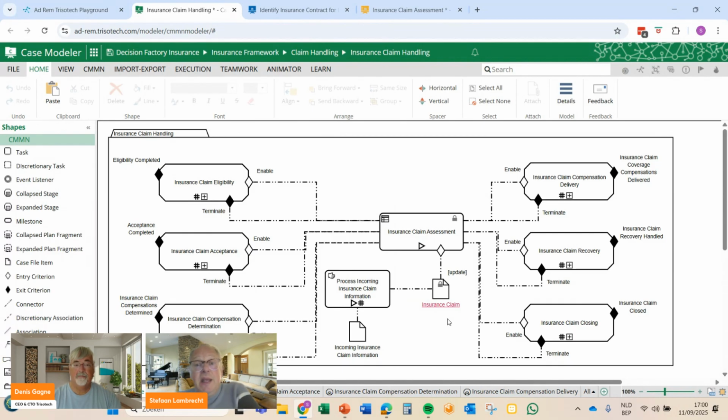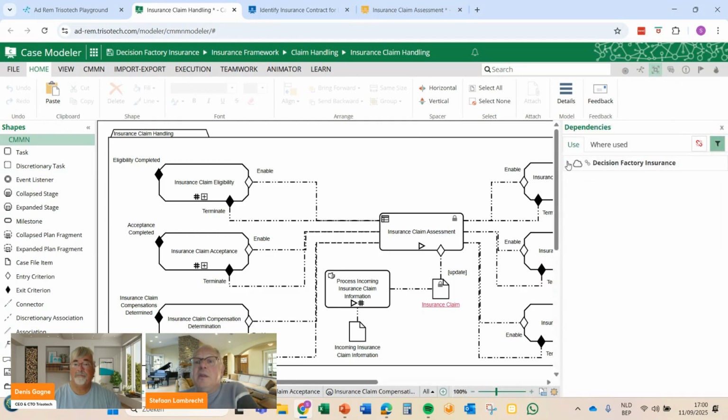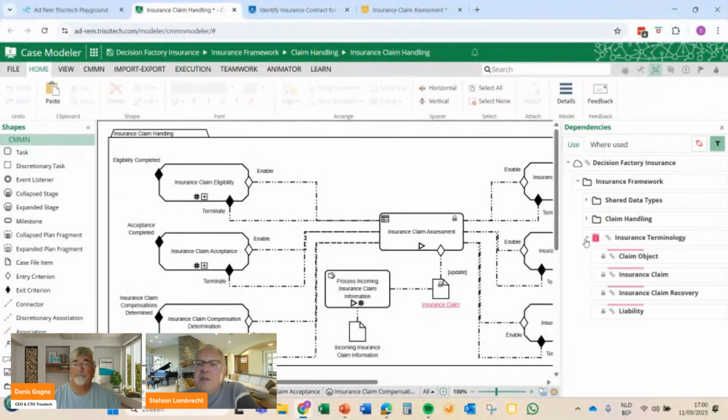That is making the link to what are the concepts we're working with, and what is the underlying data that we have been handling, because we saw quite a lot of data in that overview. And also that is linked together in a very nice way. Here, for instance, what we see is we have an insurance claim.